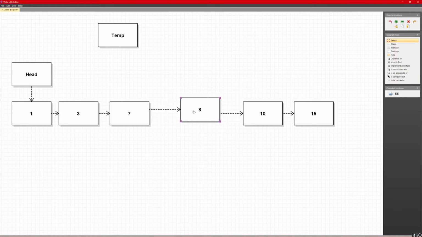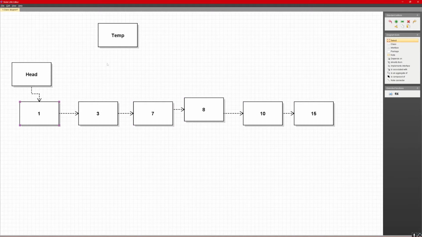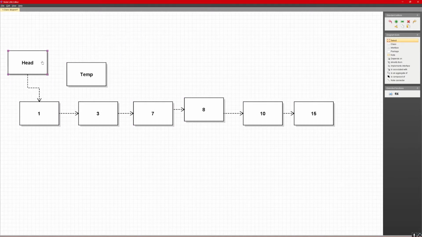So every time we would take the temp variable and we would point it to the next thing to store this, and now we would say